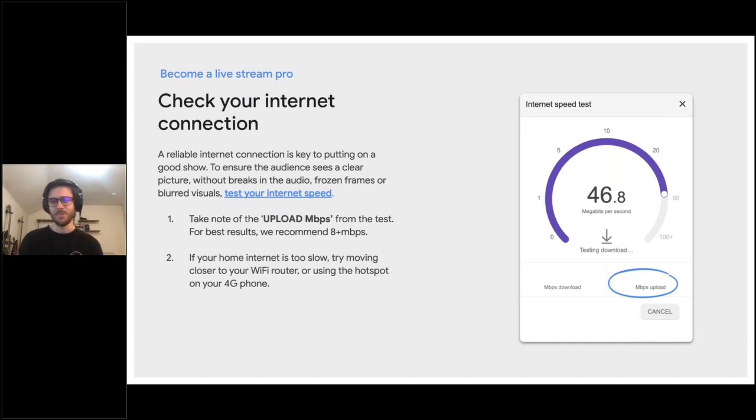And there will be a link, again, as Kartini mentioned, all of this will be shared afterward. So we have a great internet speed test link for you here. You can use basically any. And if your upload speed is above about 8 megabits per second or so, you're in a good spot, regardless of the platform that you choose.